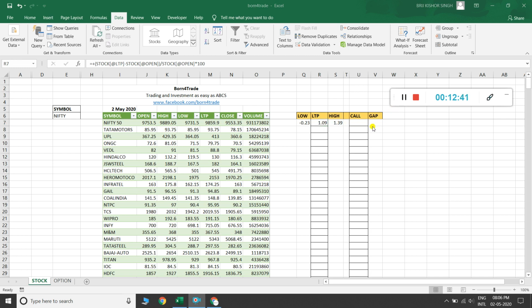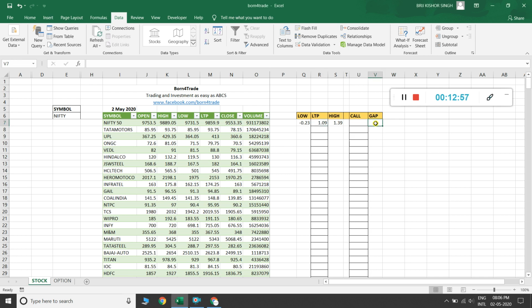Then here is one column, it appears gap, and now I am making a formula for gap percentage.